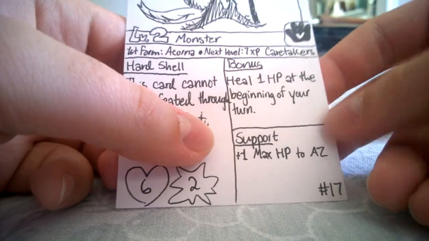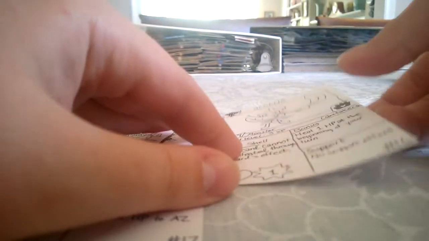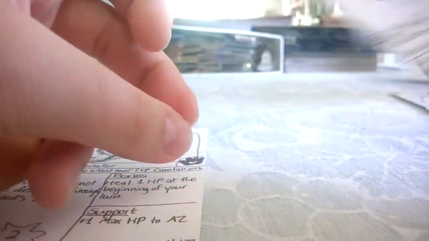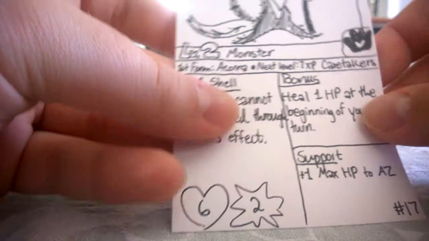So what that means is, let's say for example, you have Torna in your support zone, and you play a Torna into your attack zone here. He would start off with 3 health as opposed to 2. So that's pretty good and helps with the overall tankiness of the faction. And yeah, he evolves at 7 XP, so it can take a little bit to get him to his full